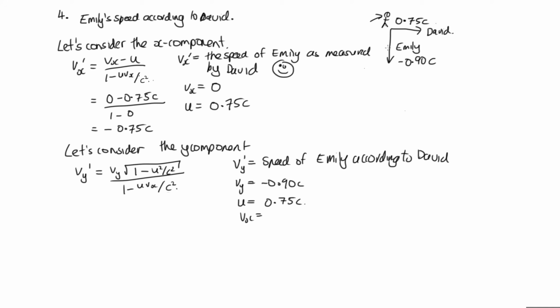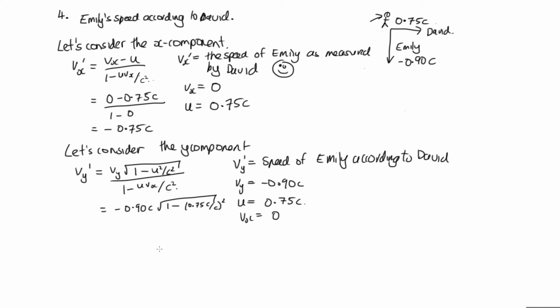That's the x component of Emily's motion in this frame, so that's 0 still. Okay, so now we can substitute everything in, and this is what we want, so this is good. When we substitute in, we've got minus 0.90c times the square root of 1 minus 0.75c on c squared